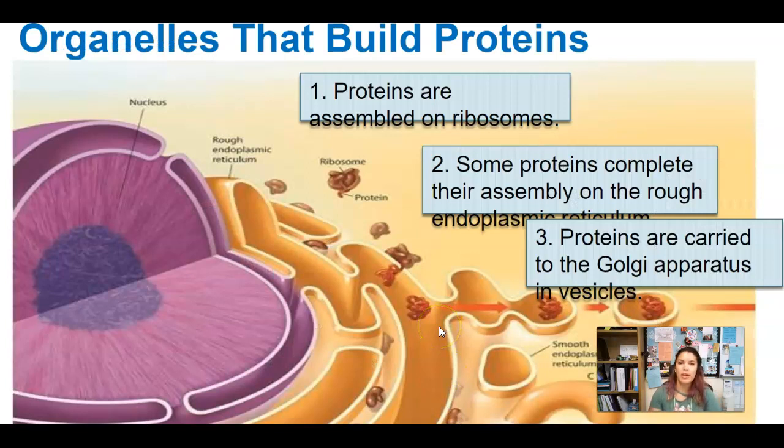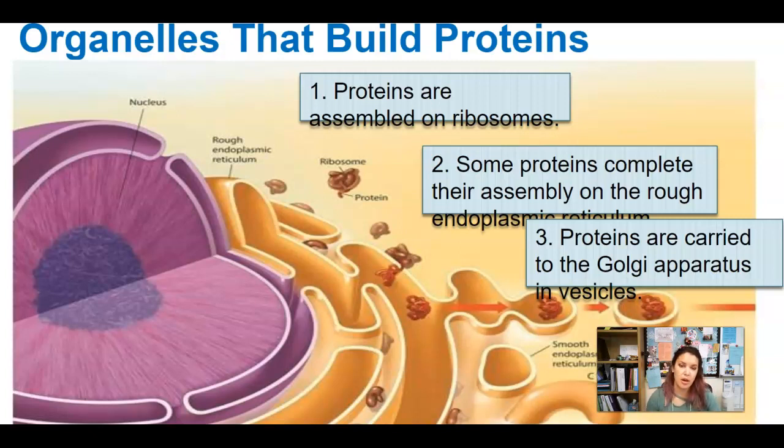Okay, organelles that build proteins. Proteins are assembled on ribosomes. Some proteins complete their assembly on the rough endoplasmic reticulum, and then the proteins will often be carried to the Golgi apparatus in something called a vesicle inside of a cell. So the nucleus doesn't just control the cell, it controls all the proteins that are made, and in turn, all